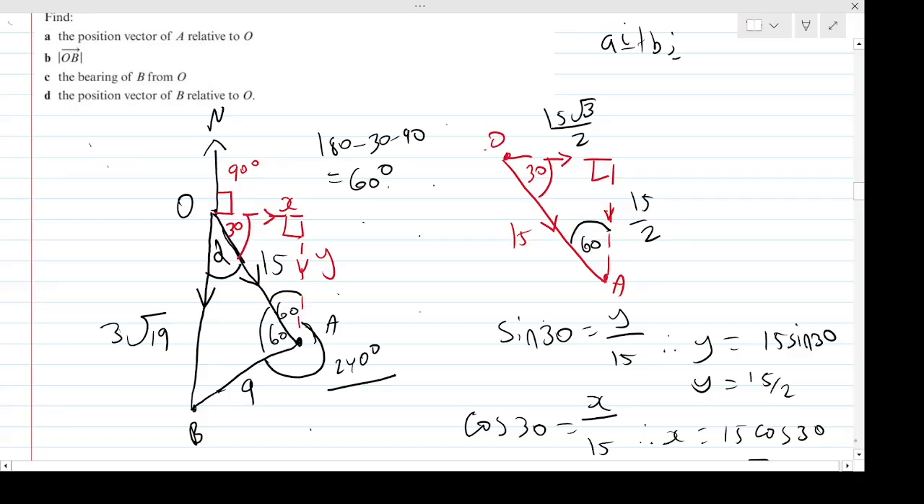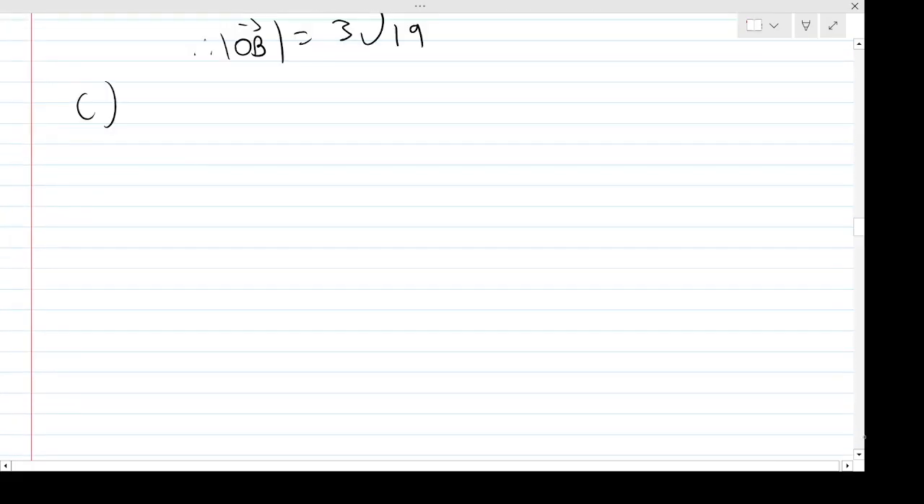So how am I going to work that out? Well, I just need to find alpha then, right? But actually, I'm in a position now in my black triangle. I got all three sides. I've got 15, 9, and 3 root 19. So to find the missing angle, I can use cosine rule again. And the angle alpha is opposite the 9. So therefore then, via the cosine rule,